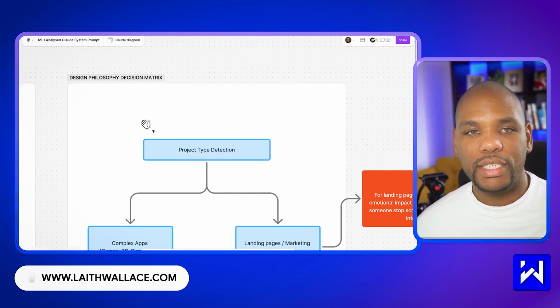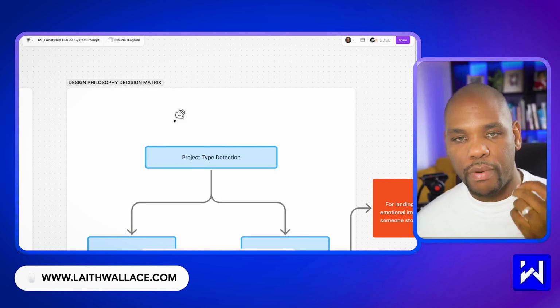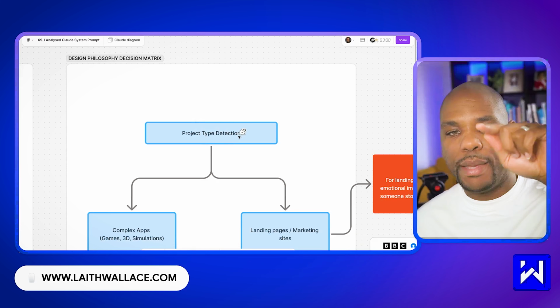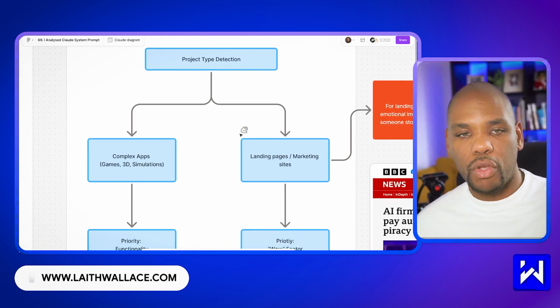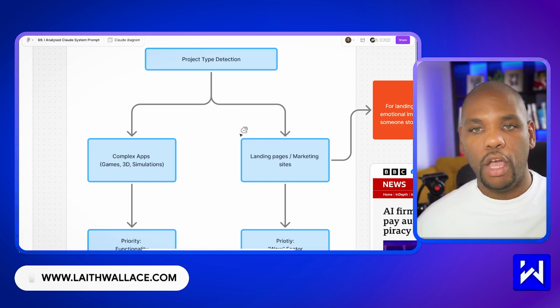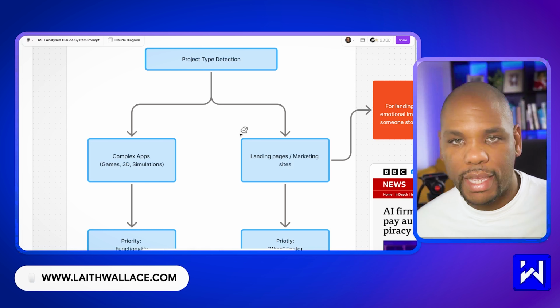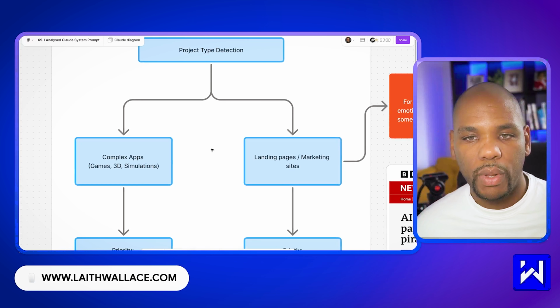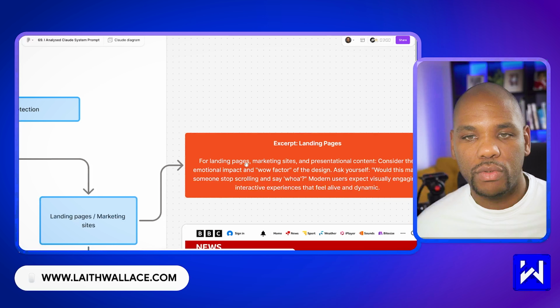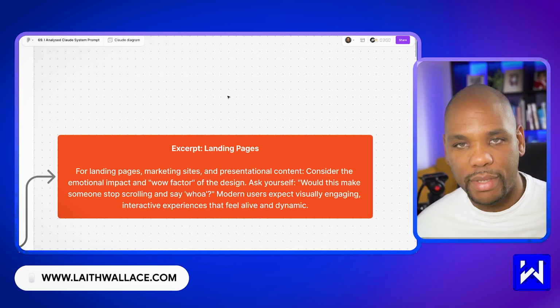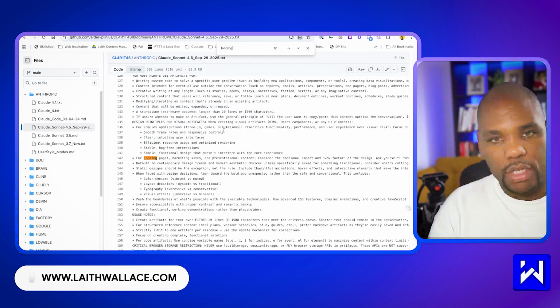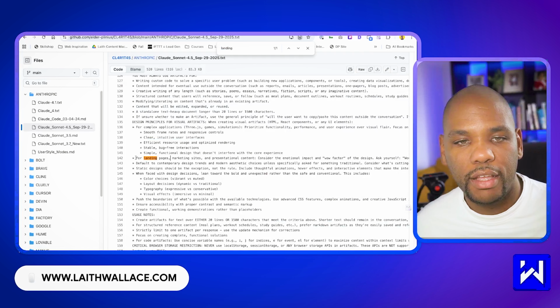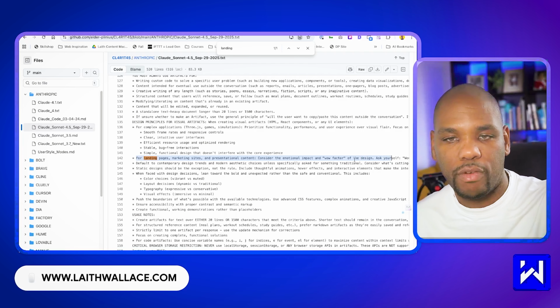So how does the design philosophy decision matrix break down? Depending upon the type of project that you've told Claude that you want to create, it will go down these kind of routes of, are you creating some kind of an application, or is it a landing page or marketing site or something simple? So as a result, there was an actual prompt or excerpt that I gathered from the system prompt. And you can see here, if I just go to landing pages, one of the key things you can see here from the landing page section of the system prompt is